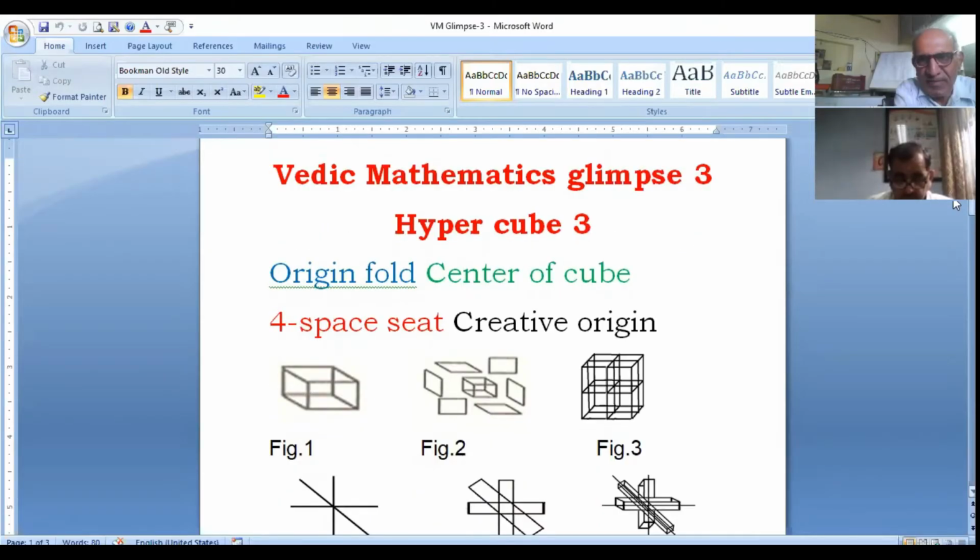The title is Hypercube 3. The first thing was that we had associated transcendental code values with the letters. Second thing was that we had parallel hypercubes with the numbers. So with the number 1, we had one space, one space body designated as hypercube 1. With the number value 2, we have association of hypercube 2, means 2 space body.